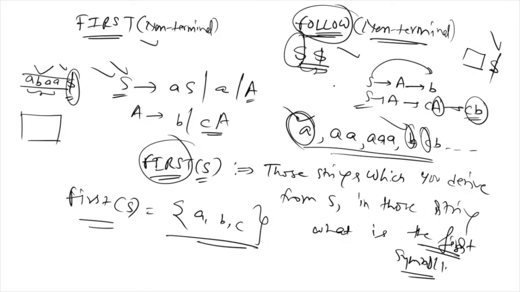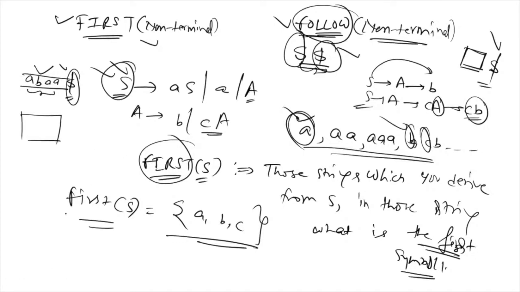Anyway, there are some more detailed discussions on this, but we will not go into that, because our target is to find the first and follow sets. That is our target, and this much is enough. So basically the follow of the start symbol always contains dollar, because every input string will definitely be followed by dollar. The starting symbol will definitely contain dollar in its follow, and what other things it can contain, we will see with the example.